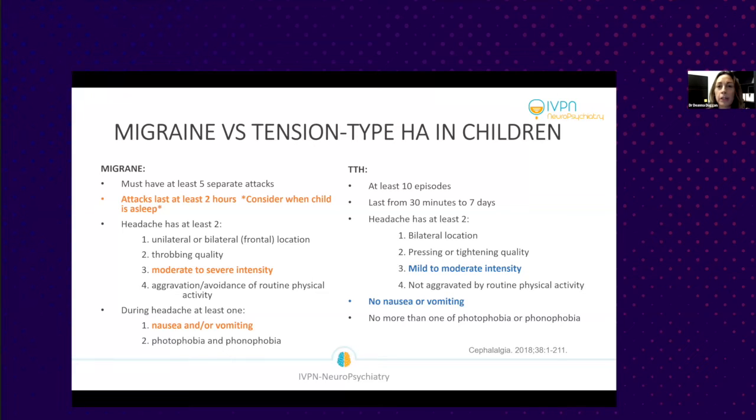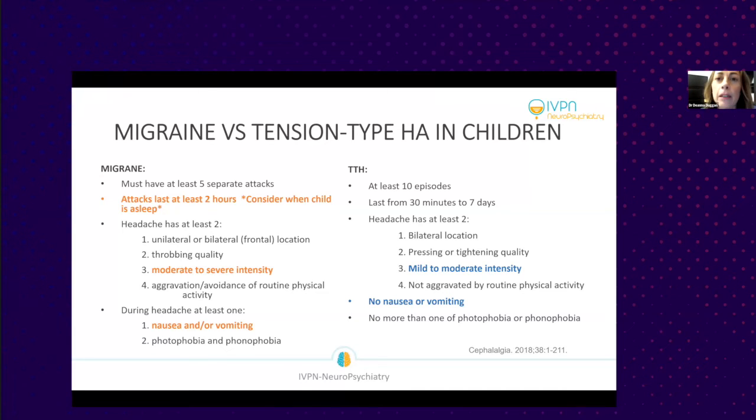So considering how long a migraine attack must last for kids to qualify as a migraine per the criteria, the attacks need to last at least 2 hours. But we also consider the amount of time if they were to stop their activity, lie down and fall asleep. Even while they're asleep, we don't assume that their migraine attack is resolved. We assume actually the opposite, they're probably sleeping through the pain. So we consider that when the child is asleep, that is included in the duration of the migraine attack.